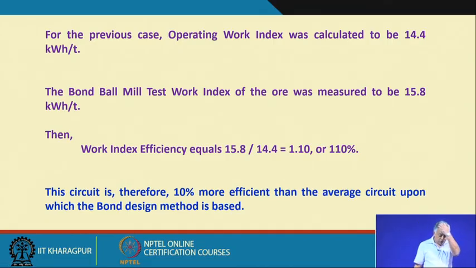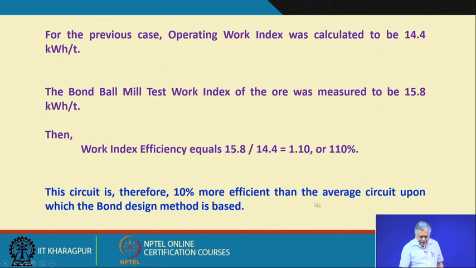So, in this case, your work index efficiency is 15.8, that is WIT, divided by WIO, that is 14.4. So, it is 1.1 or 110%. So, that means your circuit is 10% more efficient than the average circuit upon which the Bond design method is based,